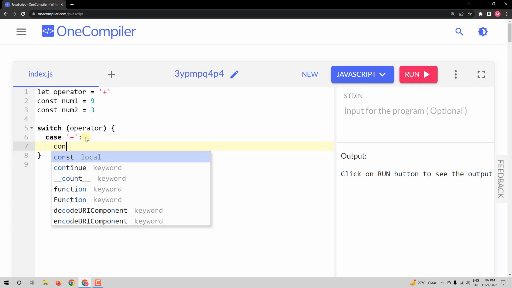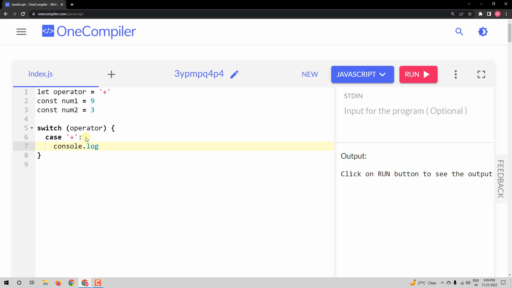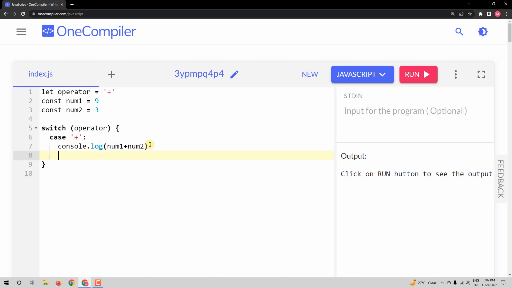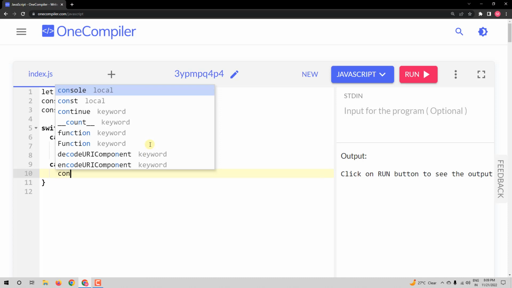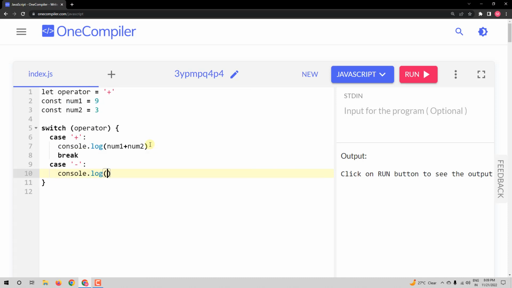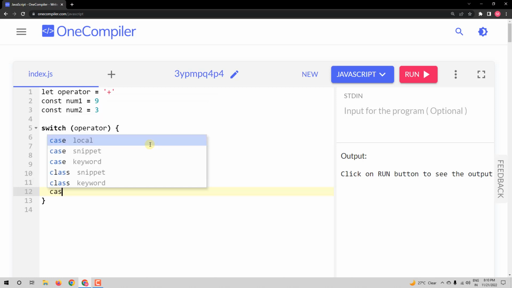Next, console.log num1 plus num2. Next, break. Once again, I'll talk about this break later. Case minus, colon is required, console.log num1 minus num2. In the next line I'll say break and case